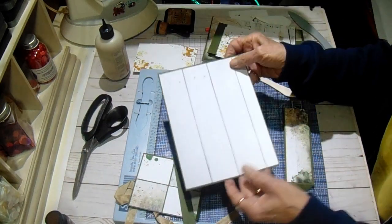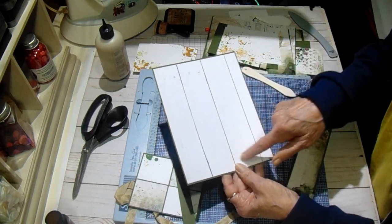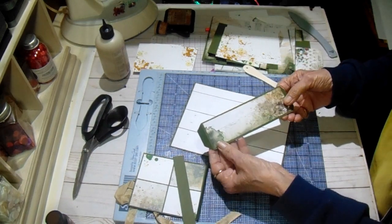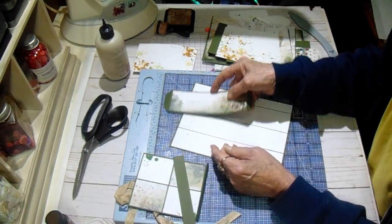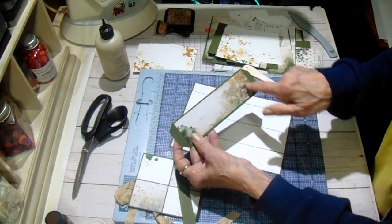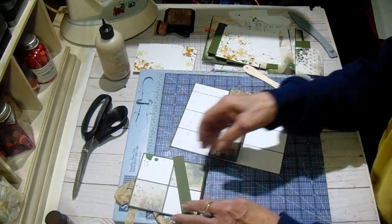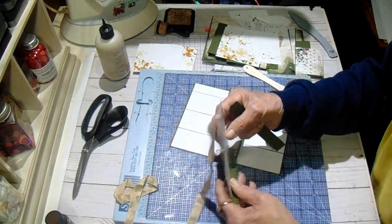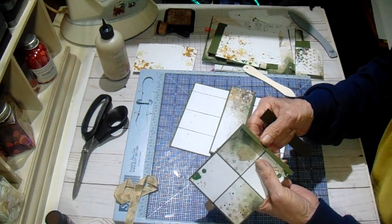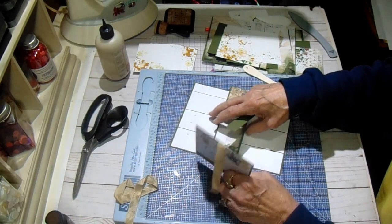So on page number 1, I had this white wood panel in my stash, so I put a piece on there, and this is a band, and it is 2 wide, I think. It might be 2.5. It's 2 wide and 9 long. Then I scored it at a 1/2 on each side, and I'm going to put it here in the center. But before I place it, I want to put this piece down because I want it to be hidden under there. But what I did was I had this as a 1/2 inch score, and because it was just going